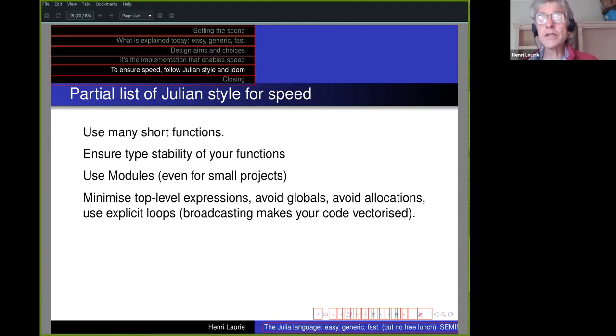Avoiding allocations is, of course, a general thing that one should do to get speed. But in Julia, allocations might be hidden, so it becomes quite a skill to avoid them. And you should use explicit loops. That was one of the most interesting things for me to learn as a Julia coder: it's just to get rid of vectorization. However,